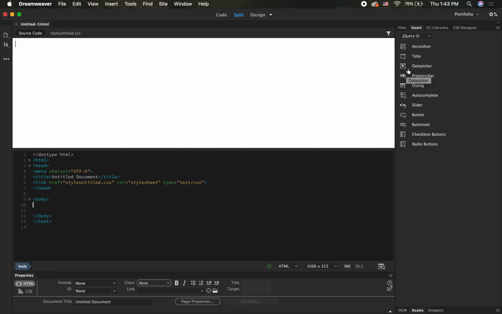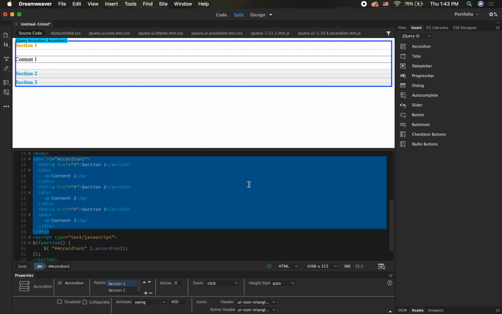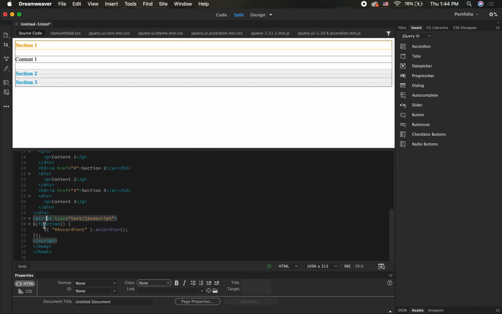So this JavaScript accordion right here is going to create a tabbed accordion when I insert it into the page. Okay, so this is a blank page. If I click on accordion, it inserts all of this code right here. Okay, so it's a div called accordion1. It has a header for section 1, and then it has content 1, section 2, content 2, section 3, content 3. And then it also added this script tag here,